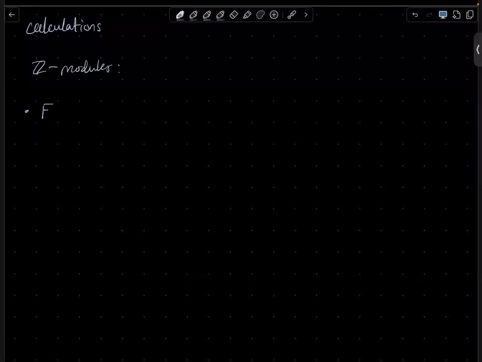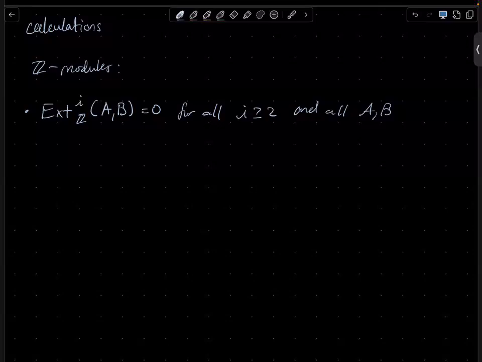One very nice thing is that Ext^i_Z(A, B) is equal to 0 for all i greater than or equal to 2 and all A, B. And how should we see this? So two ways. You can either pick a length 2 or length 1